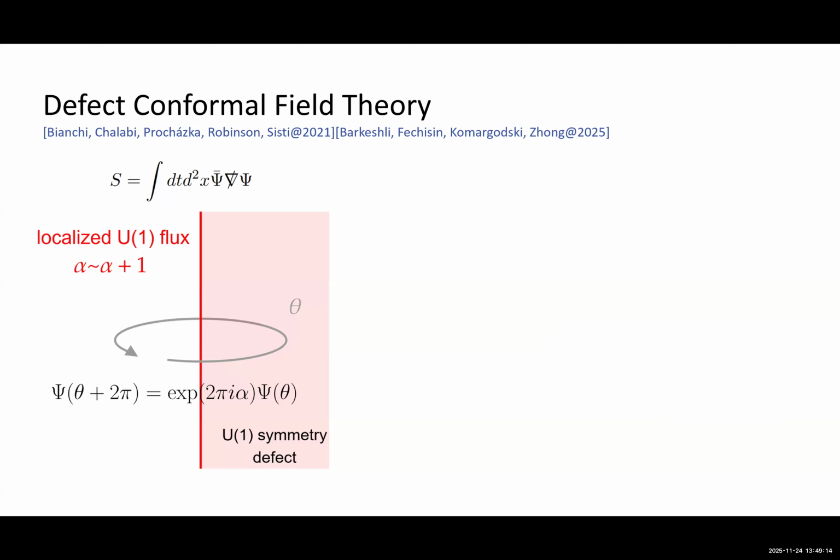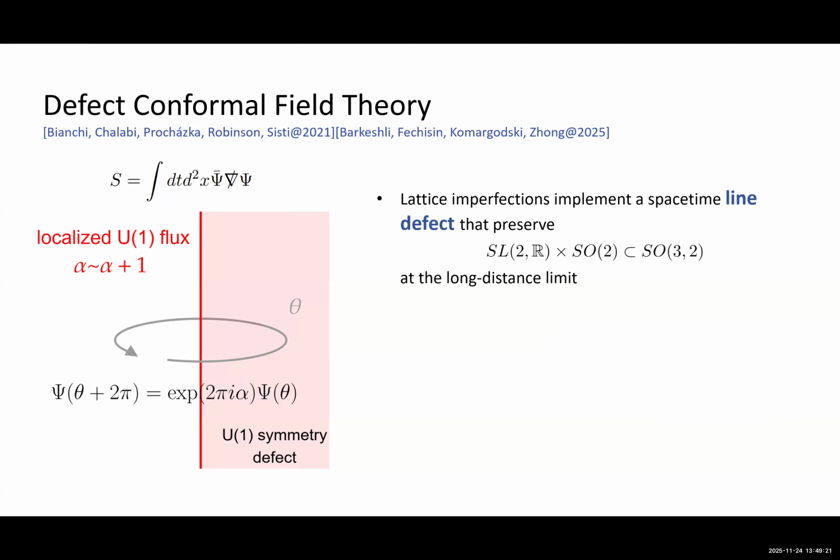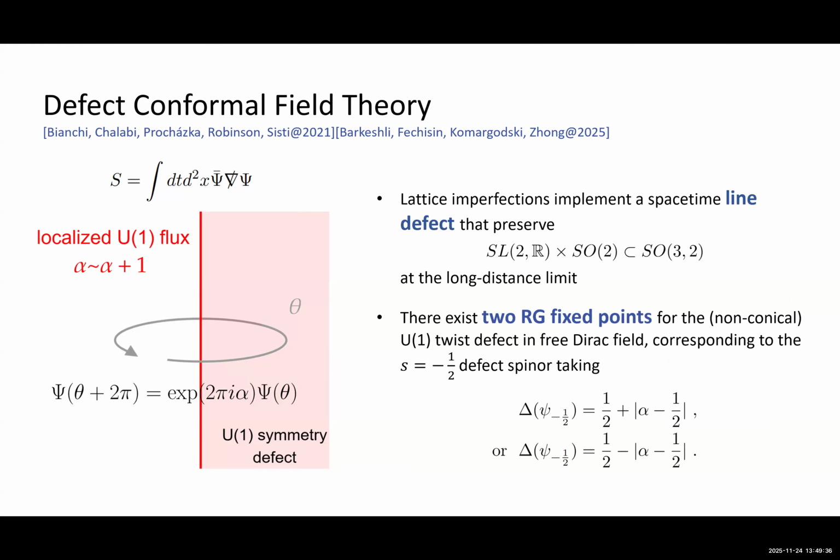So the point that I want to make here is that the presence of a twist defect makes two major differences in the physics. First of all, the twist defect can preserve a residual conformal group, a subgroup of your bulk conformal symmetry at long distance. And therefore, the operators living on the twist defect shall be characterized by the quantum numbers of the residual conformal symmetry. And the second, there actually exist two different RG fixed points for the twist defect corresponding to the solution where the lowest lying,